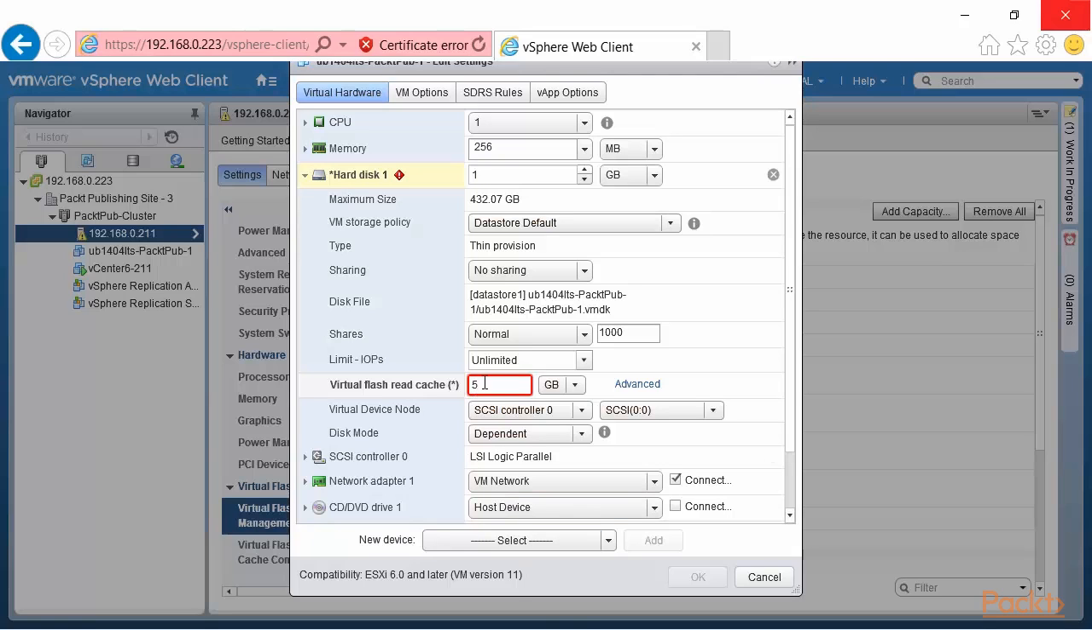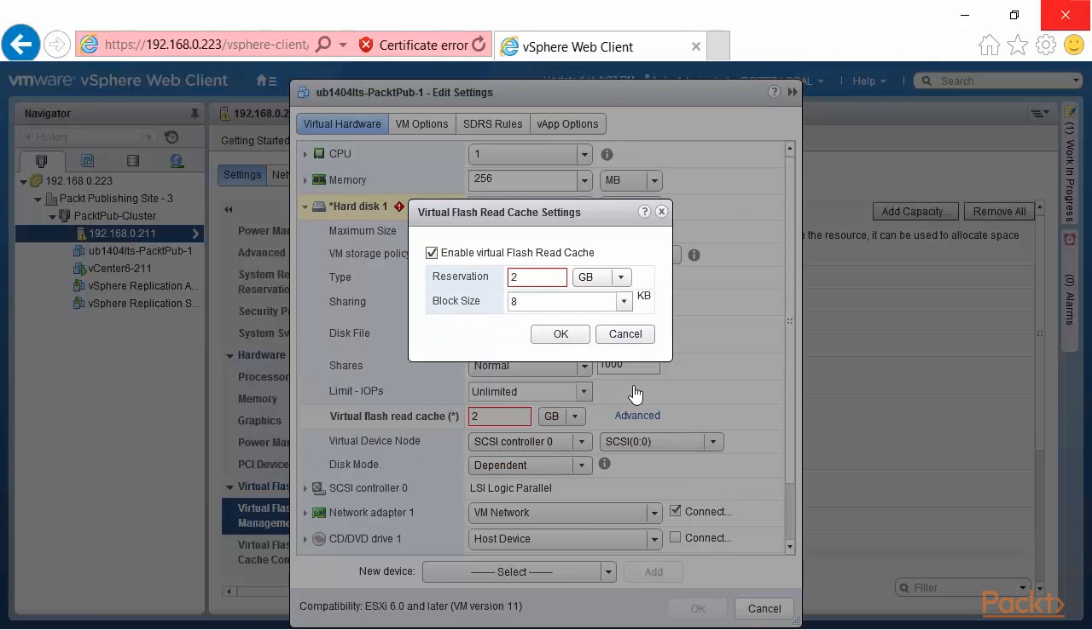So we can set the virtual flash read cache to 5 gigabytes here. It says the reservation must be between 4 and 1024 meg. The number is too large. Now, let's click on this advanced option here. And here, what we have is a checkbox that's been enabled because I entered a reservation of 2